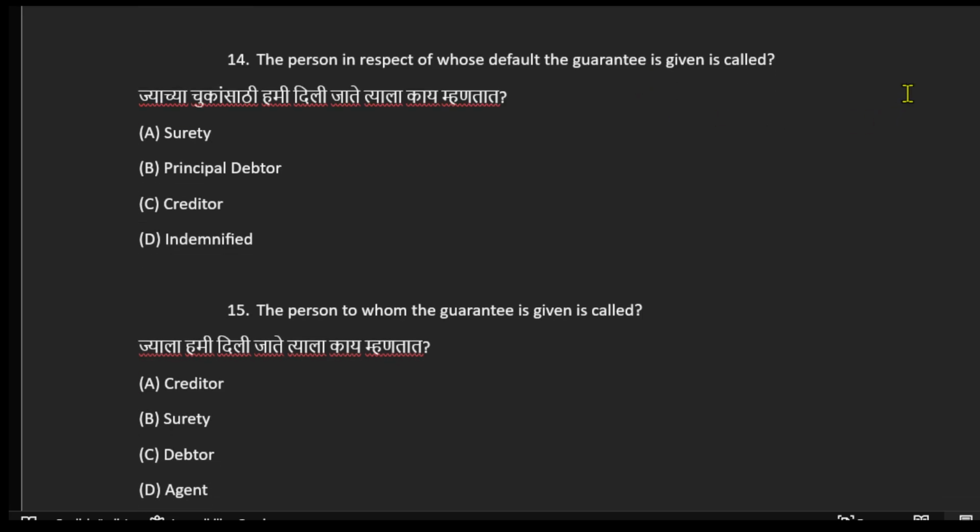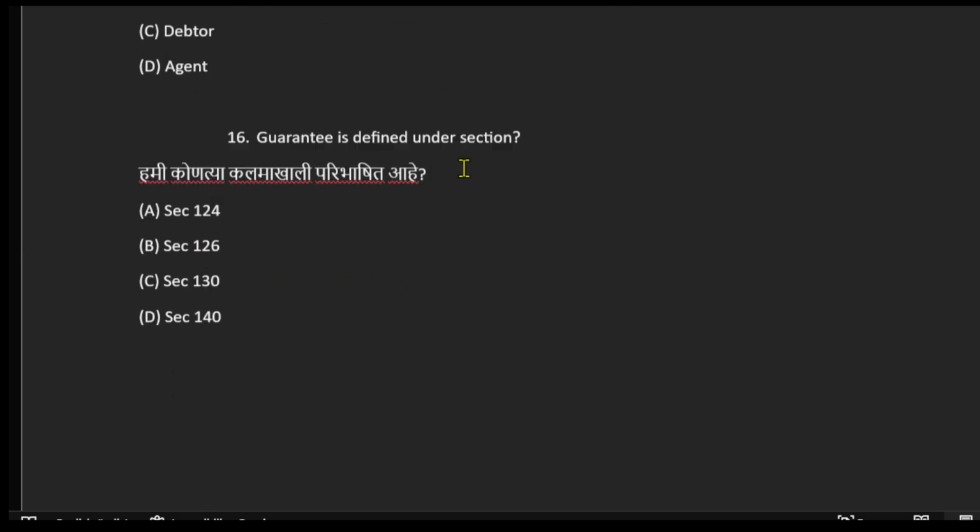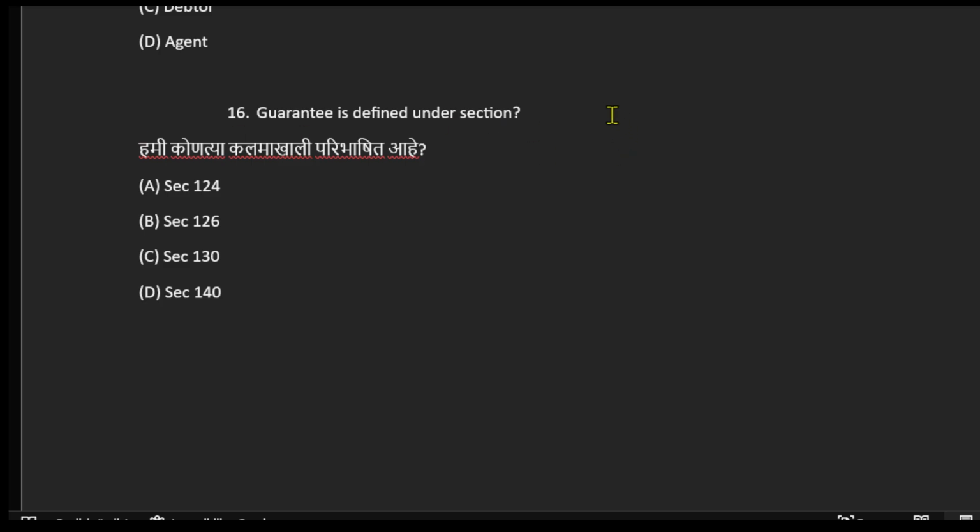14. The person in respect of whose default the guarantee is given is called creditor. 15. The person to whom the guarantee is given is called surety. 16. Guarantee is defined under